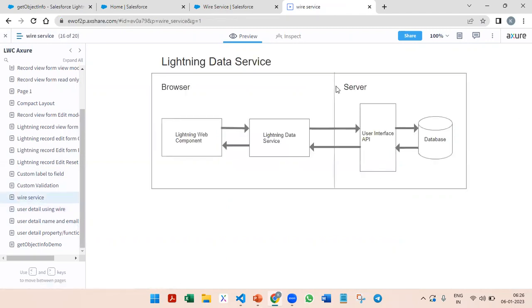So we are already aware that we have a browser and server, and the Lightning Web Component will be interacting with the Lightning Data Service. Using this Lightning Data Service, it will be interacting with the User Interface API, and finally, that will be interacting with the database. Since we have the Lightning Data Service, we can fetch the data from the database very easily. And we have all these User Interface API modules, which will help us to get the data very easily